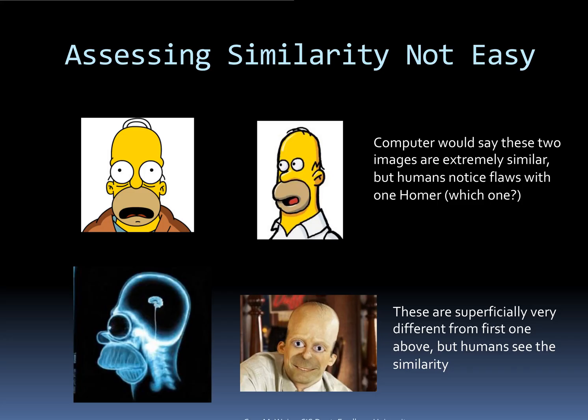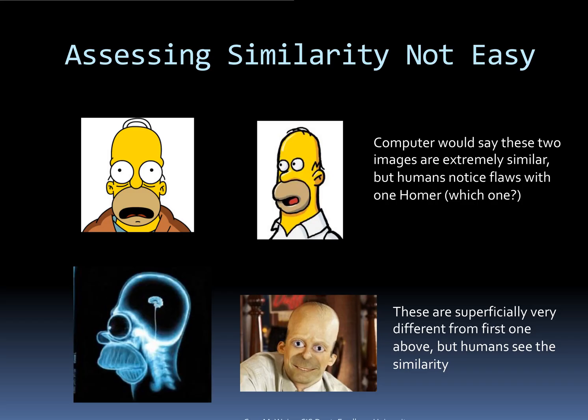Assessing similarity isn't straightforward. For instance, a computer might determine that two images of a cartoon character are extremely similar, yet humans can notice subtle flaws or differences, such as in the finer details of one character. Conversely, images that appear superficially different to a computer, like an X-ray and a real-life depiction, can be perceived as similar by humans because of contextual understanding. This highlights the challenge in designing algorithms that accurately mirror human perception of similarity, emphasizing the complexity in capturing nuances